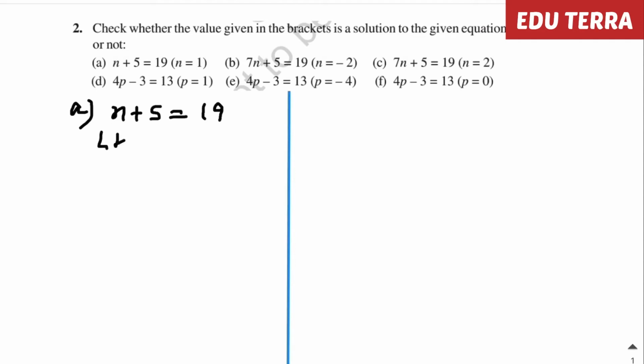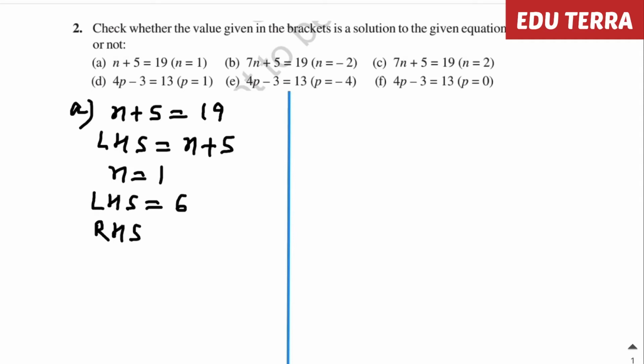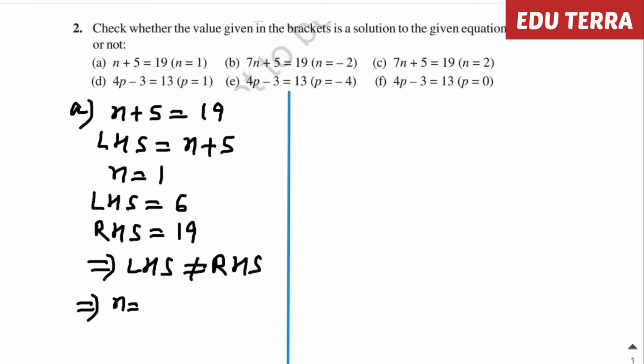So LHS equal to n plus 5 and we have given n equal to 1. So LHS equal to 6, but RHS equal to 19. So this implies that LHS is not equal to RHS. So here you will write n equal to 1 is not a solution